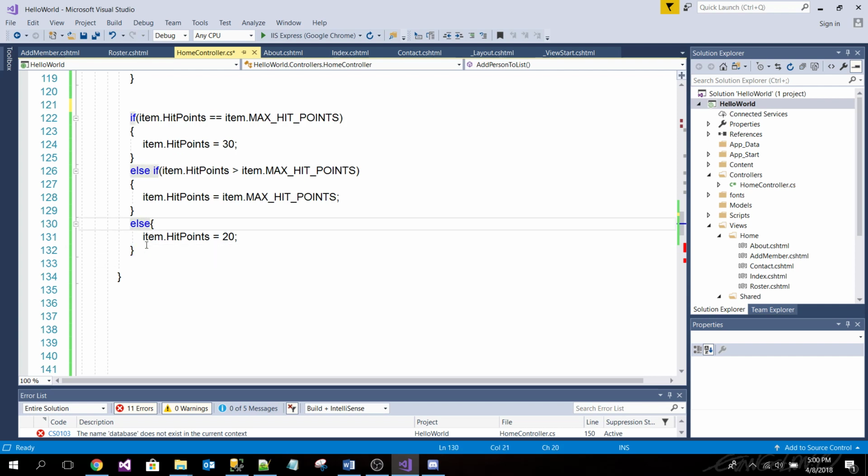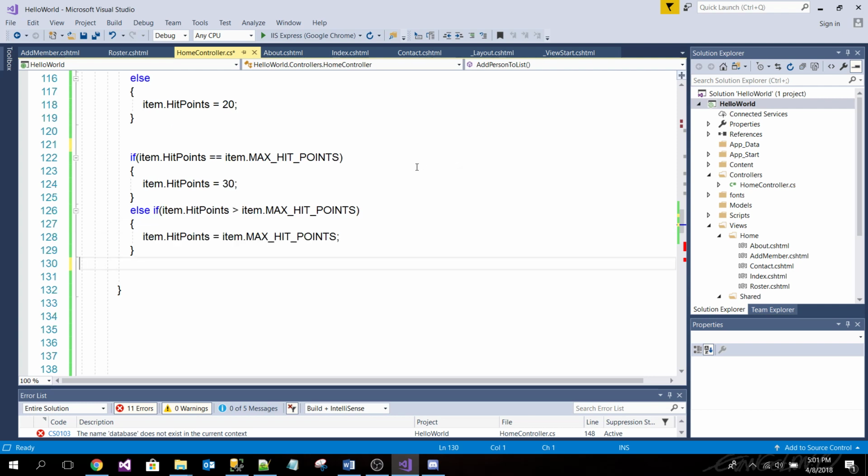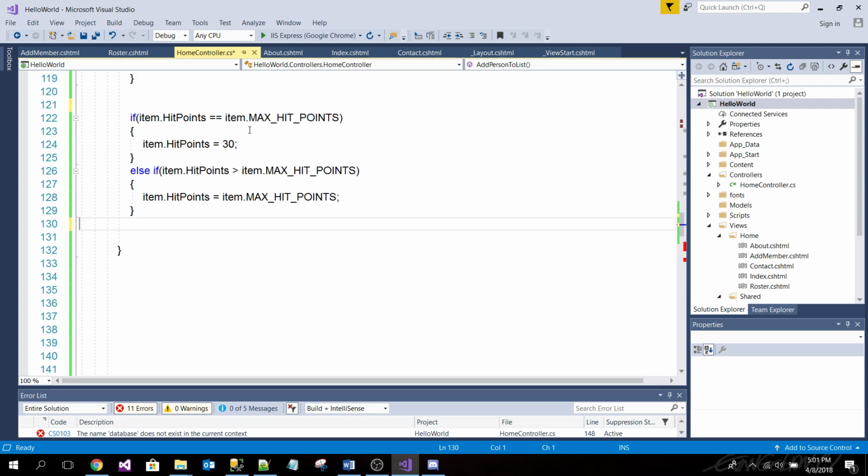So you guys are good with this. Now let me ask you a trick question. If I were to take away the else statement, what would happen if I had 15 hit points?